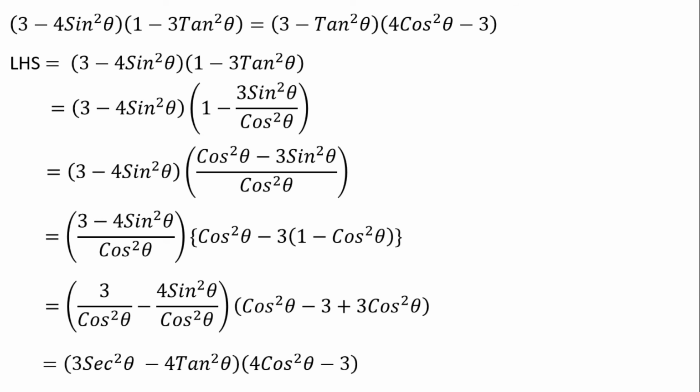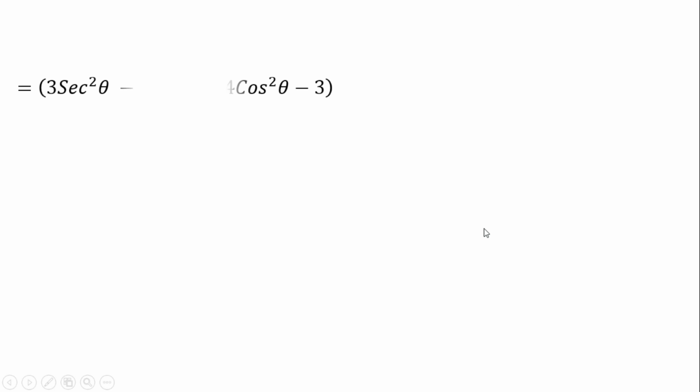Now if we see the RHS, the back expression is already matching. Now we have to convert the first expression into 3 minus tan square. Again we can see that there we have tan square, and here we have sec square and tan square. That means here we have to change the sec square theta. So let's see the previous step, same. Now we have to change sec square into tan square.